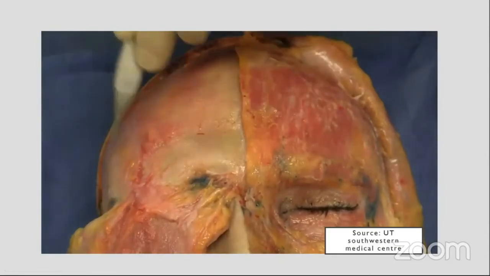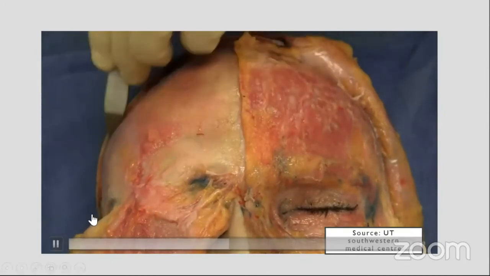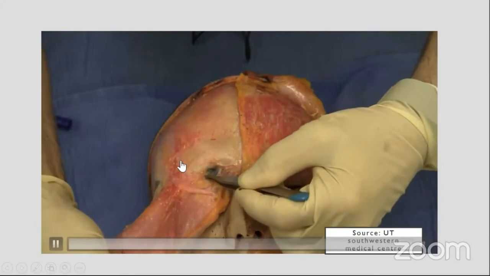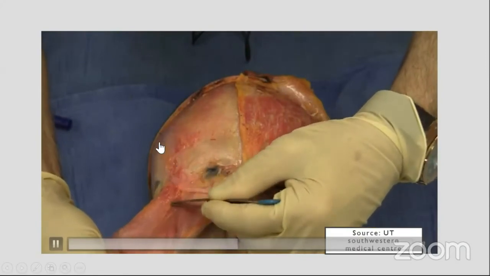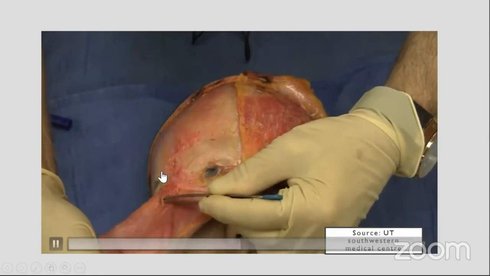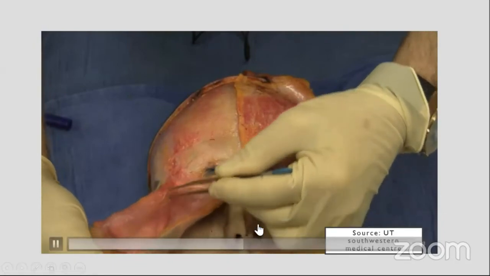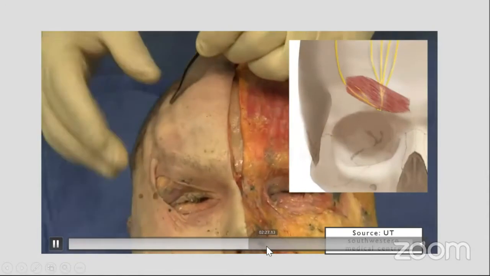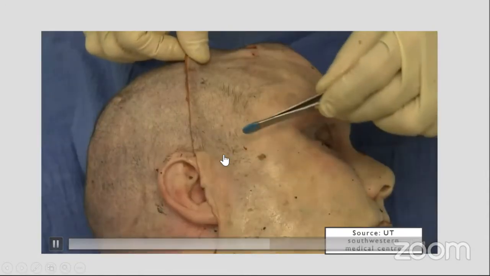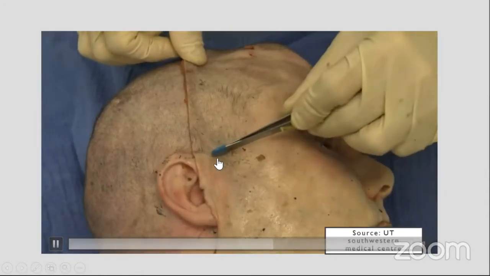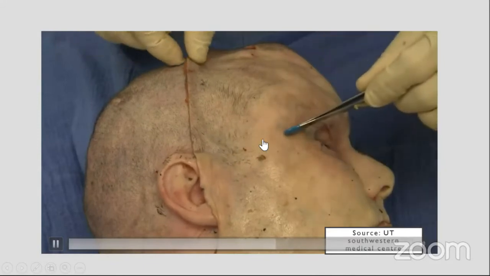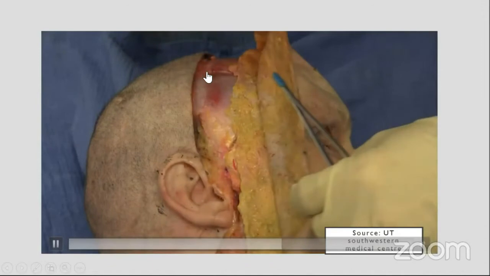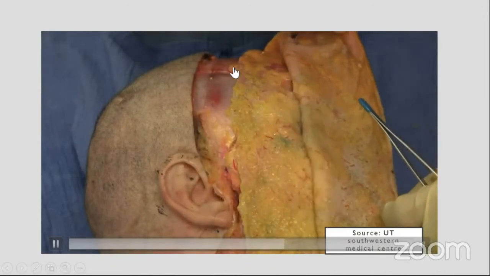Corrugator muscles, as we know, lie deep. This is the fusion area of the temporalis muscle and the frontalis muscle. This whitish area demarcates the fusion area. As we move to the temporal area, it is defined by a line joining from the root of the helix to the lateral canthus area here, and superiorly it is demarcated by the end of the fusion zone.